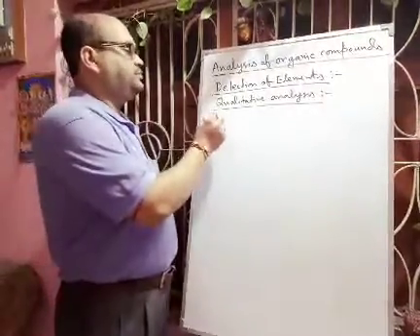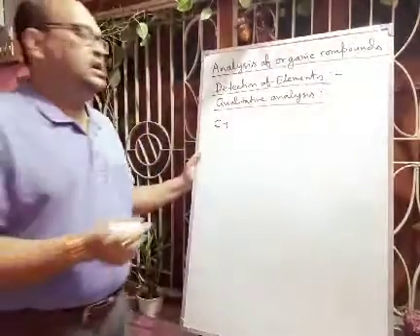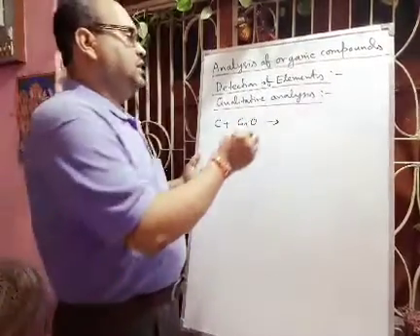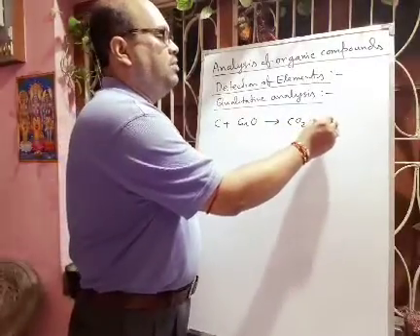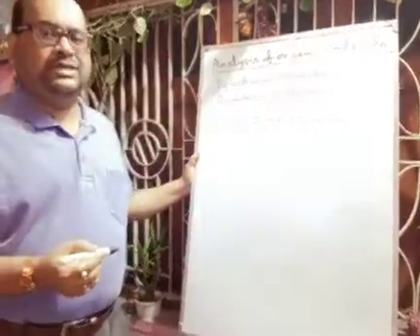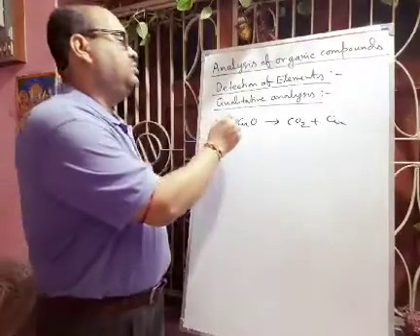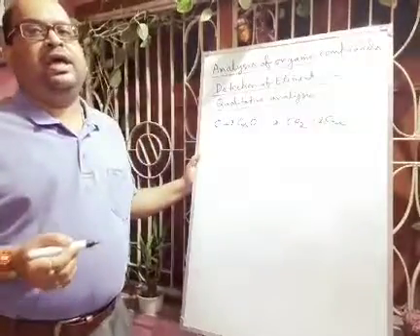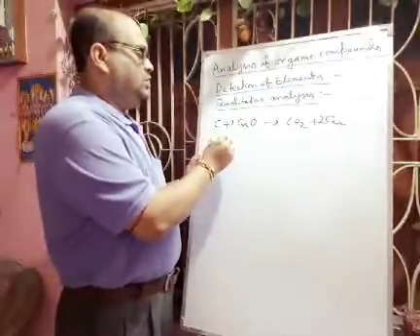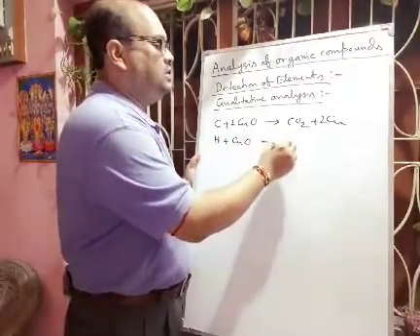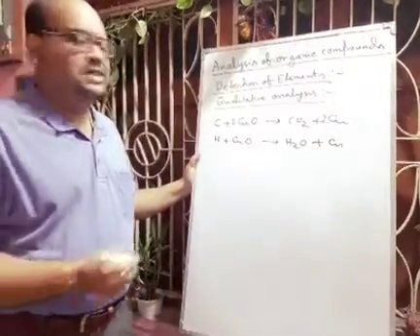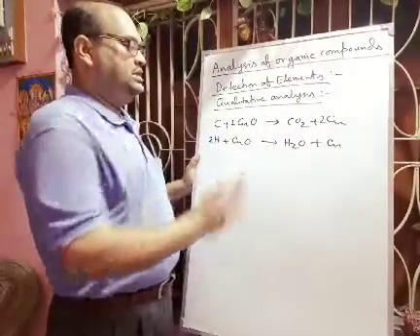So carbon will first react with the cupric oxide, and there will be formation of carbon dioxide and copper. In this way carbon dioxide will form. Now this is not balanced, you have to balance it. If you put 2 here, here also you have to put 2. And in the organic compound there will also be hydrogen. That hydrogen will also react with CuO, forming H2O plus Cu. Here it is also not balanced, so you have to balance this equation. You put 2 here, now I think it is balanced.